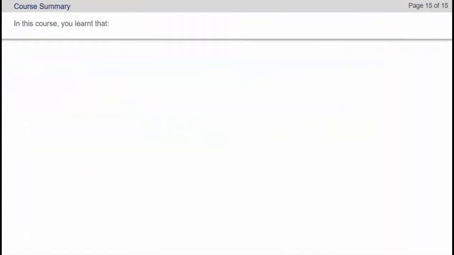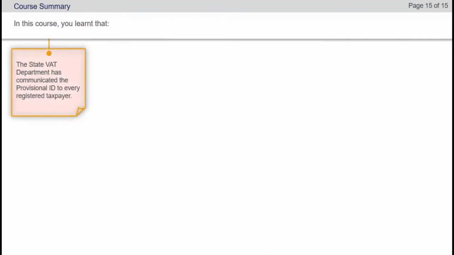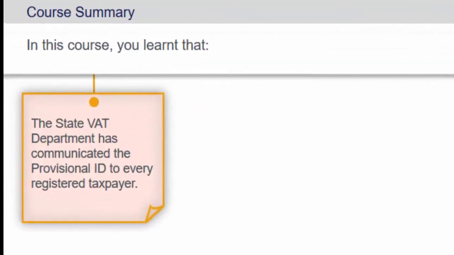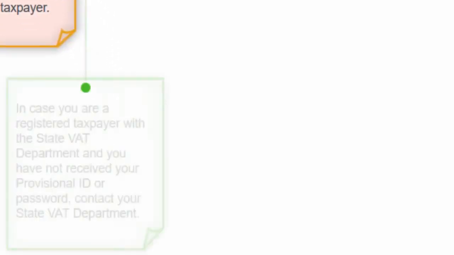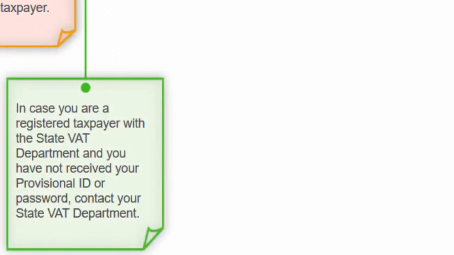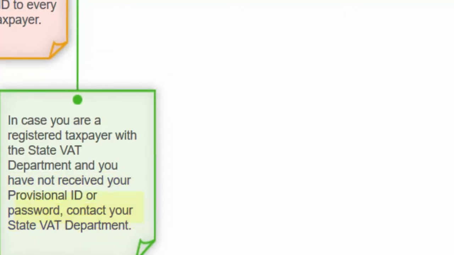In this course, you learned that the respective state VAT department has communicated the provisional ID to every registered taxpayer. In case you are a registered taxpayer with the state VAT department and you have not received your provisional ID or password, you need to contact your state VAT department.